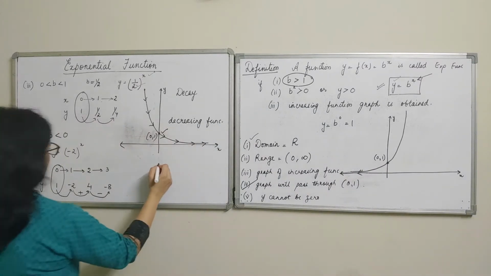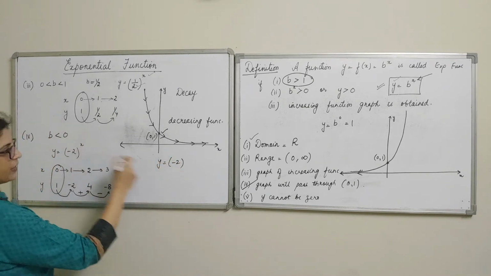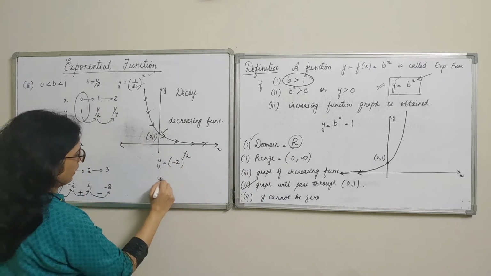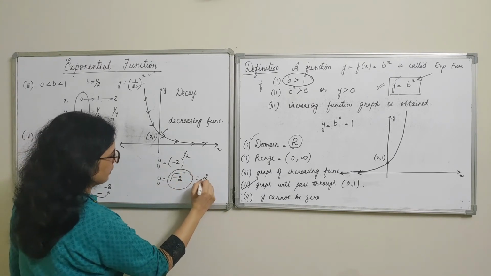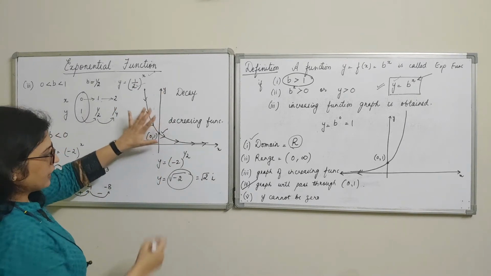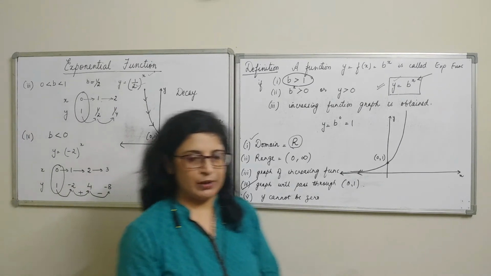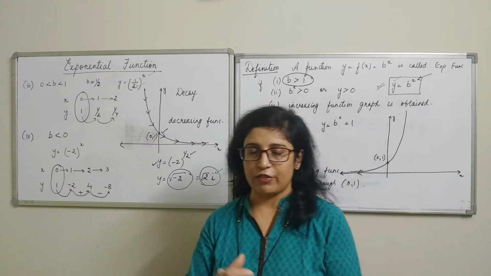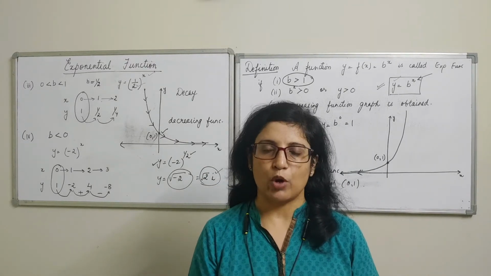Another reason: suppose we take the base as -2. What is x? x is any real number. Suppose we take the real number half. That means y is the square root of -2, and you know this is a complex number, root 2 iota. So on the real coordinate system, can we plot x, y and this value together? It will be very difficult. So for certain values of x you may get complex values of y as well, which cannot be easily plotted. Hence